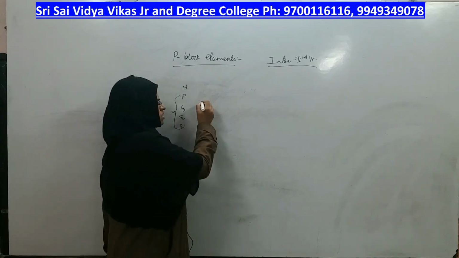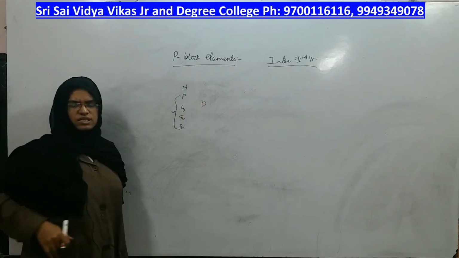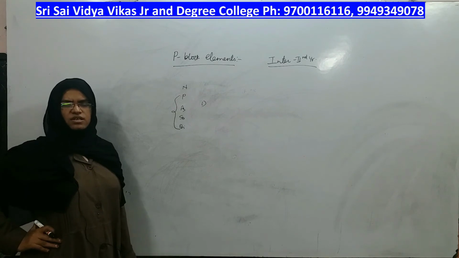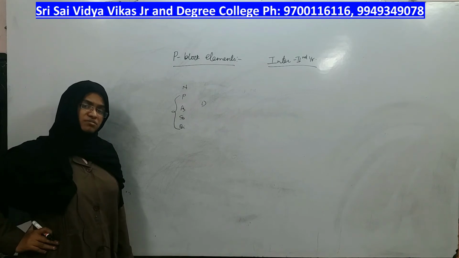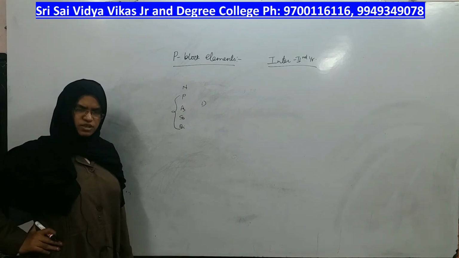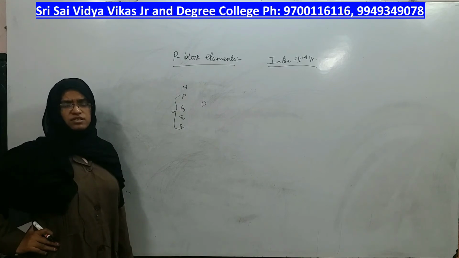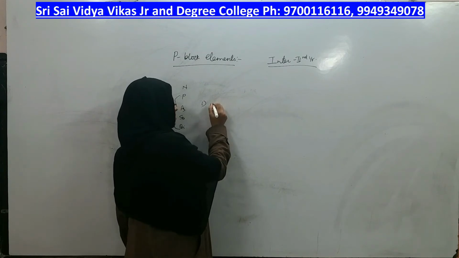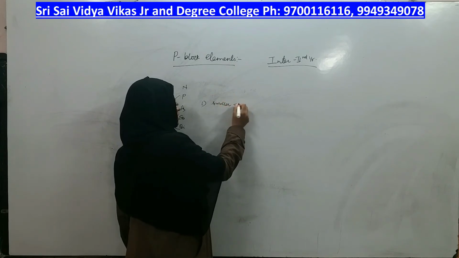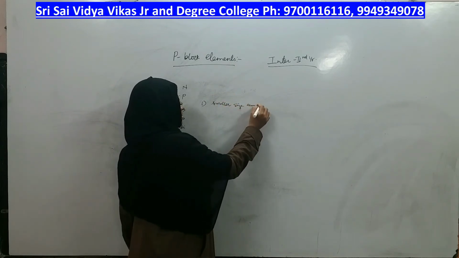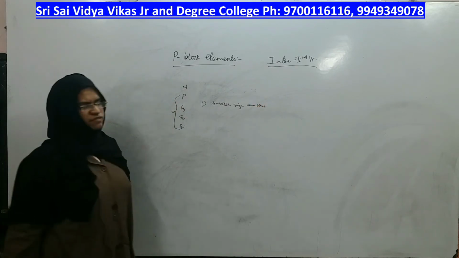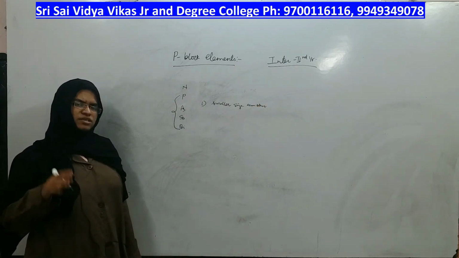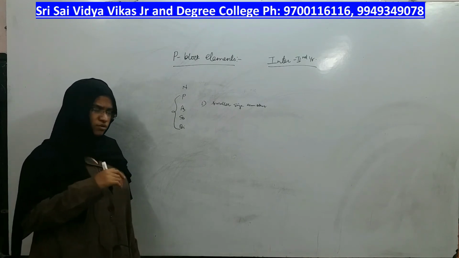Under the anomalous nature of nitrogen, the first is its exceptionally small size, and the size of other elements is not that small. The size of nitrogen has to be small, but it's smaller than expected. That is the first abnormal property. So the size of nitrogen is very small and the other elements have larger size compared to nitrogen.